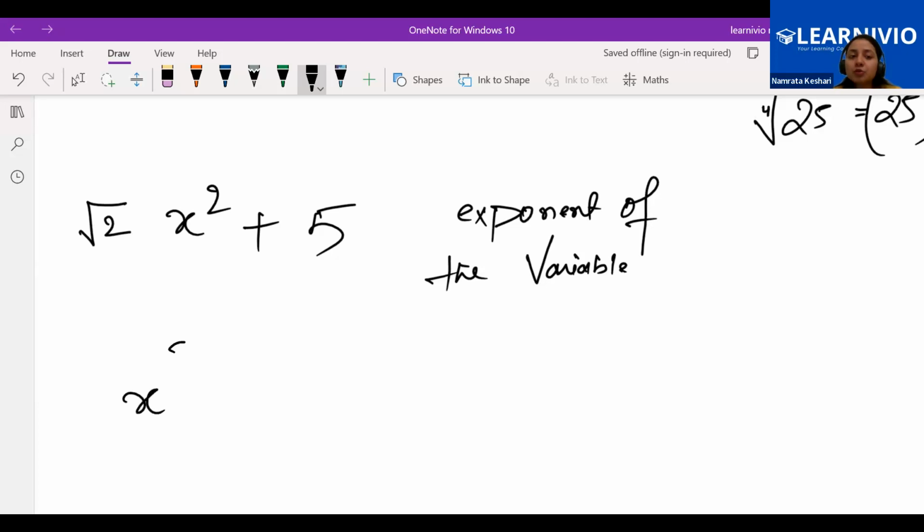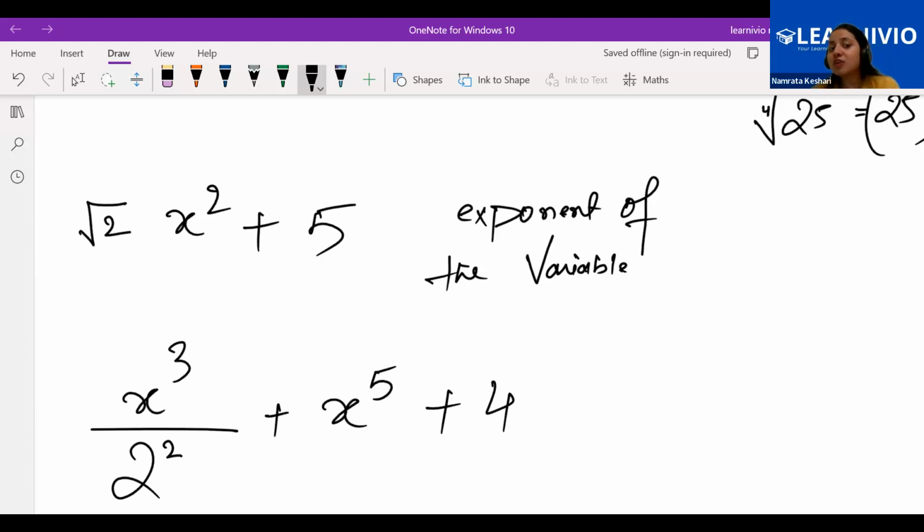I am going to write like this: x cube by 2 to the power 2, plus x to the power 5, then 4. And again my question will be, is it a polynomial, Sara? No. Why? Because when 2 goes to the numerator, it becomes 2 to the power minus 2. But I said that coefficient can be anything, constant can be anything. You just have to focus on the exponent of